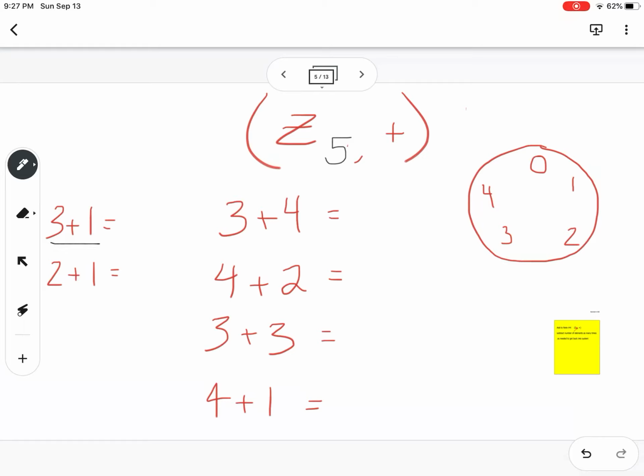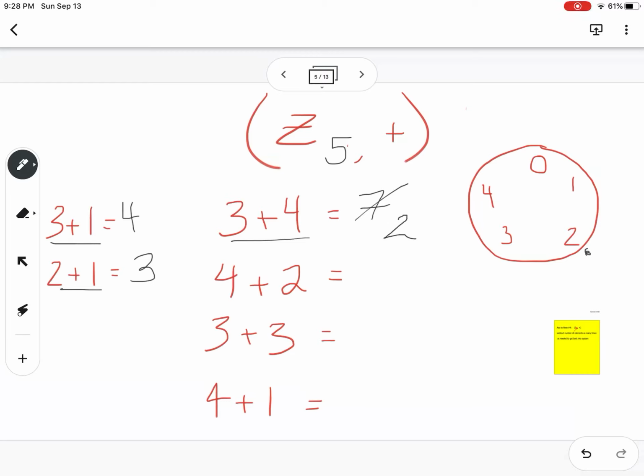So I do 3 plus 1, and I get 4. I do 2 plus 1, so I'd be at 2, and I'd go to 1. Cool. So I'd get 3, nothing shocking there. For 3 plus 4, I'd start at 3, and I'd go 1, 2, 3, 4. And I'd want to think about 7, but really I know that my answer is